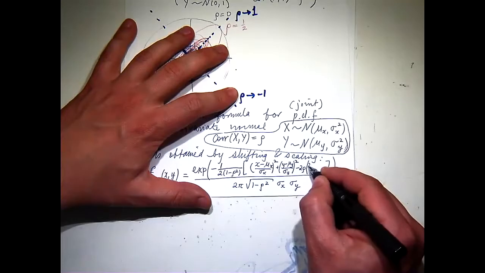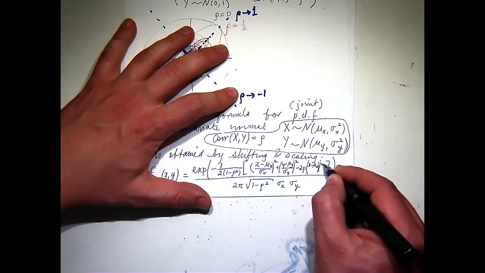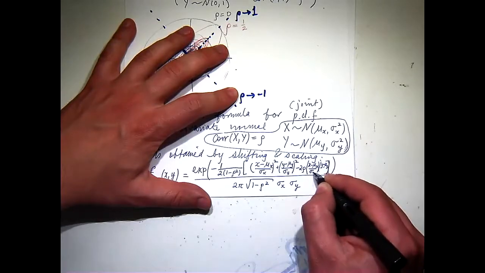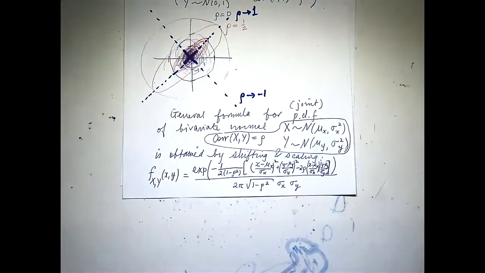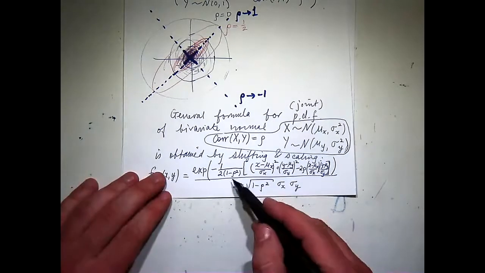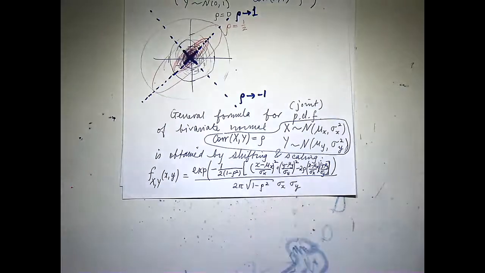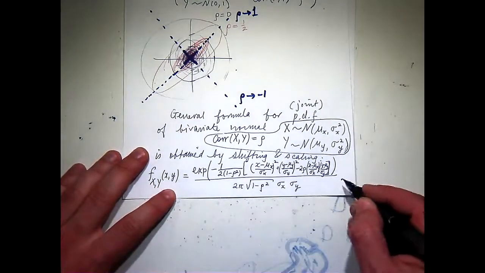So x minus mu x, y minus mu y, each divided by its corresponding standard deviation, sigma x, sigma y. So that is the most general form, that includes every two-dimensional bivariate normal, with the arguable exception of the case where rho equals 1 or minus 1, because then you're dividing by 0. So the degenerate cases don't actually have a density, but morally, if they did have a density, it would be